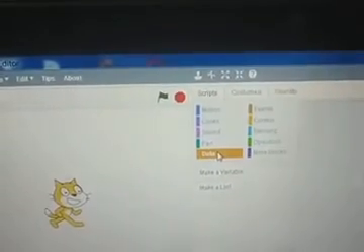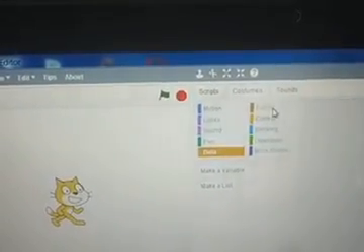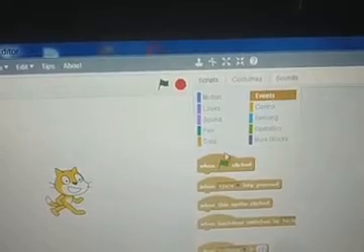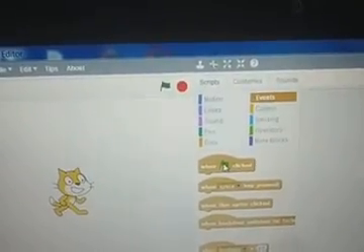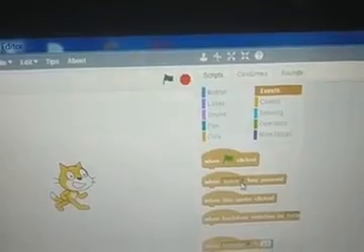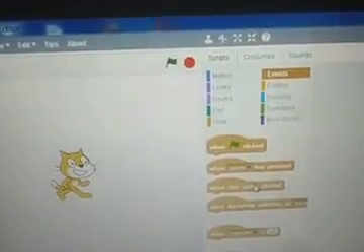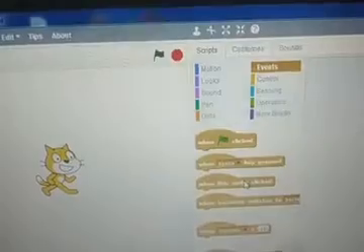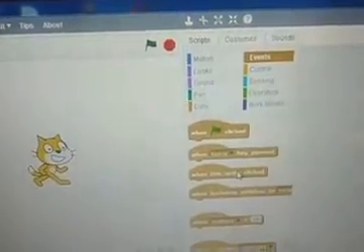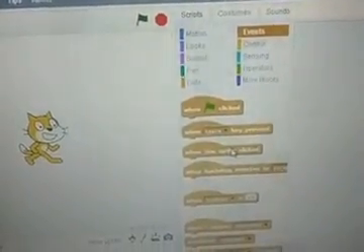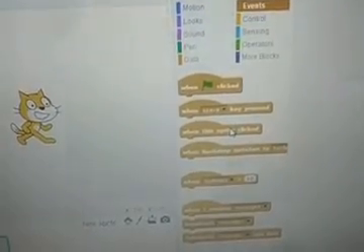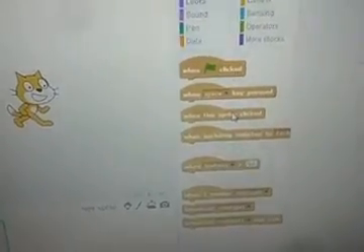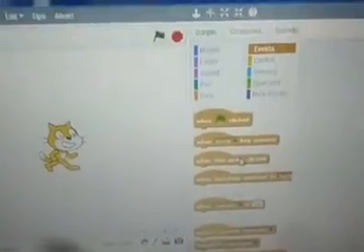After data we will go through events. Clicking on events, we see when the green flag is clicked, when the space key is pressed, when the sprite is clicked, etc. So what are events? They contain blocks that perform actions when a particular event occurs. An event means the occurrence of something, like a particular key being pressed, the mouse being pressed on the object, a loud noise, silence, etc. Different events can be used as we are able to see.